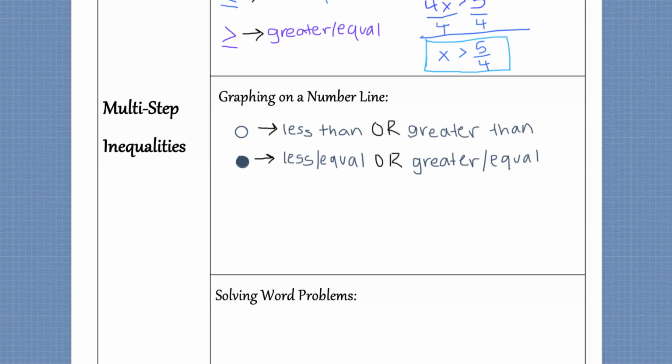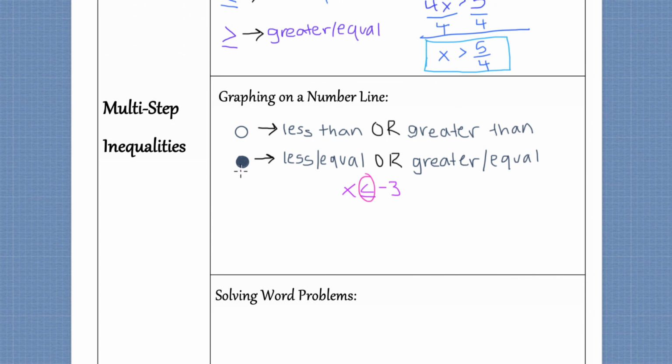So let's say the answer to an inequality that we had solved ended up being this one right here. And so this equation says x is less than or equal to negative 3. And so when we graph this on a number line, first let's try to figure out if we're going to use an open circle or a closed circle. If you look at the sign that is used right here, that sign is a less than or equal to sign. And up here it says if the sign is less than or equal to, we're going to use a